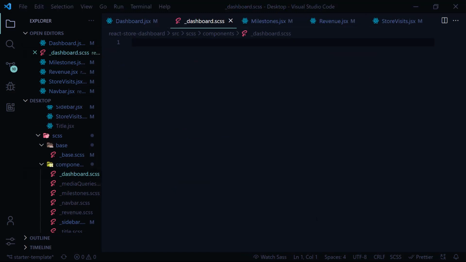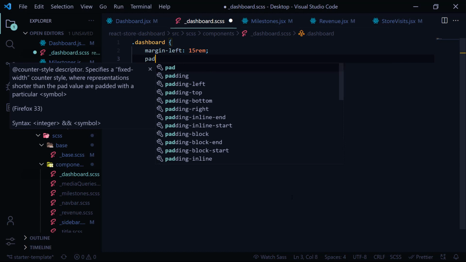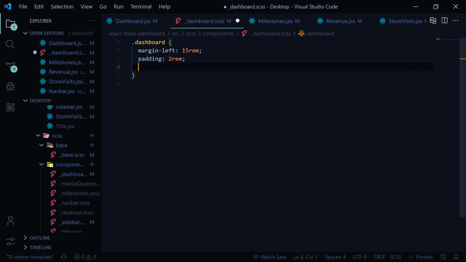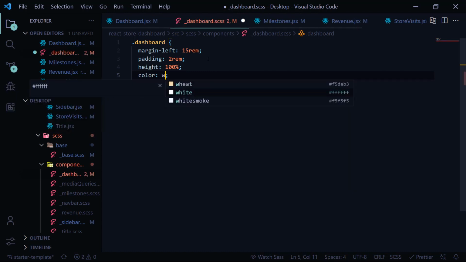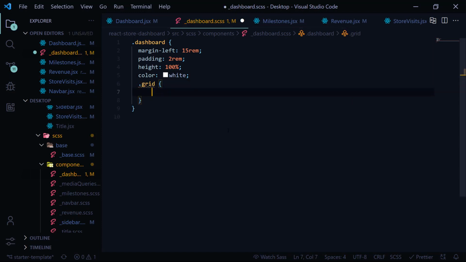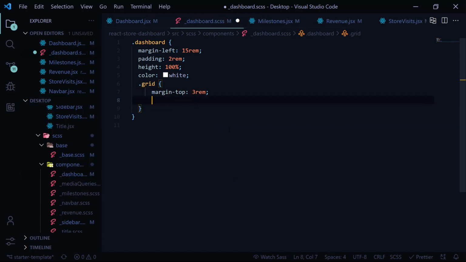dashboard.scss. Now we'll write dashboard. Here we'll write margin left of 15 rem, padding of 2 rem. We'll give it a height of 100%. We'll give it a color of white, so all the text inside this would be white. Now we have grid. Inside grid we have a margin top of 3 rem,